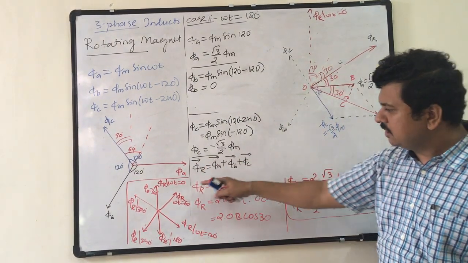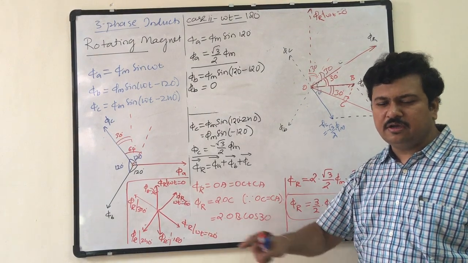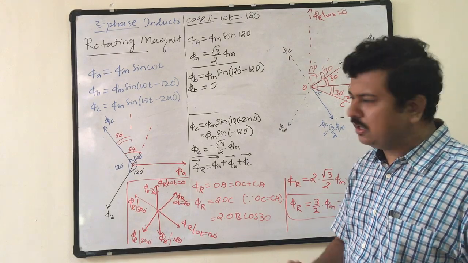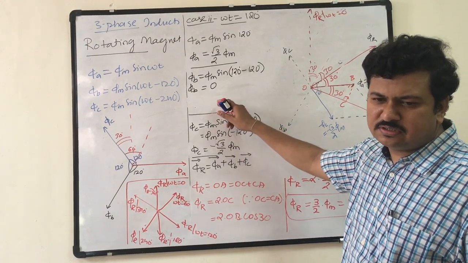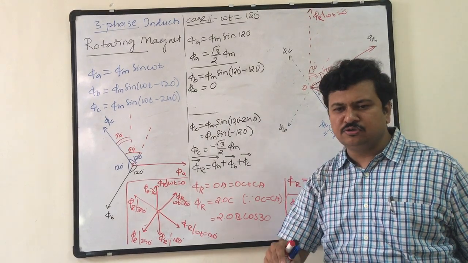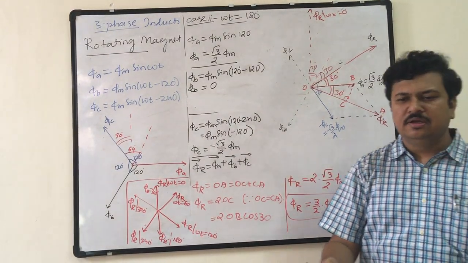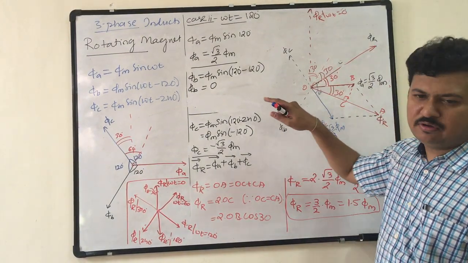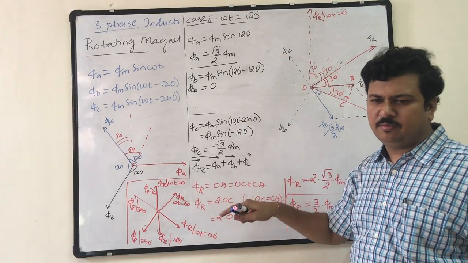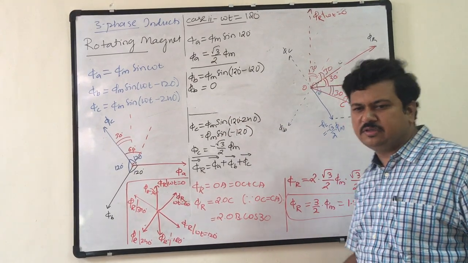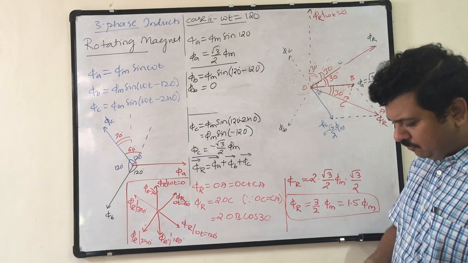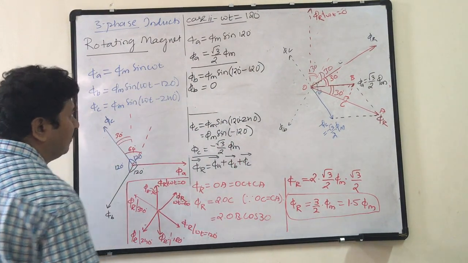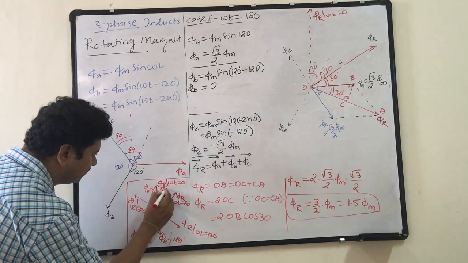And why I have taken an interval of 60 is that at every interval of 60, one of the vectors will be 0, so my addition will become simple. If you take omega t equal to say around 75 degrees, you will get all three vectors, and you should take the resultant of all three vectors, so the calculation becomes somewhat complex. Therefore we took omega t equal to 0, 60, 120, 180 like that, because one of the vectors will become 0 at every 60 degree interval. And if you mark for all the values of omega t, you will get it like this.